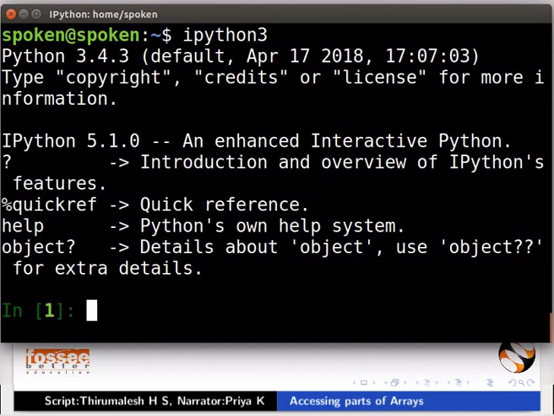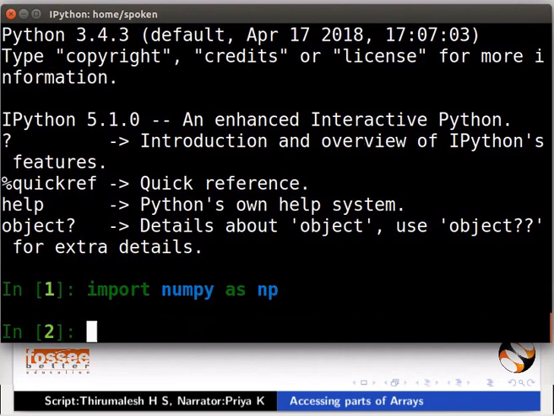Let us create the two arrays in terminal. For this, we have to import NumPy library. Type import numpy as np and press enter. From here onwards, please remember to press the enter key after typing every command on the terminal.